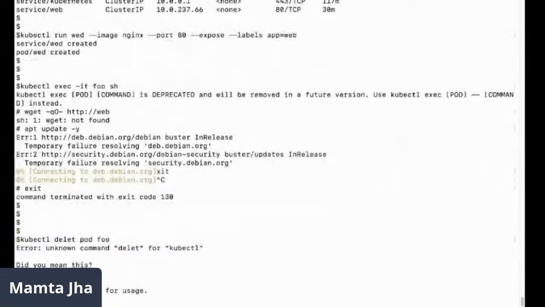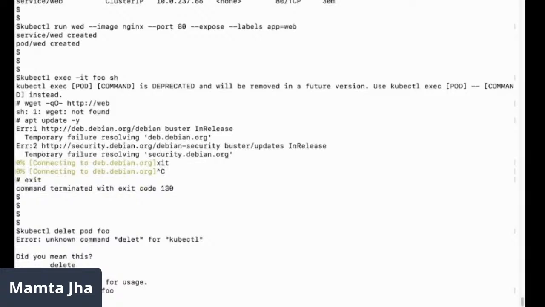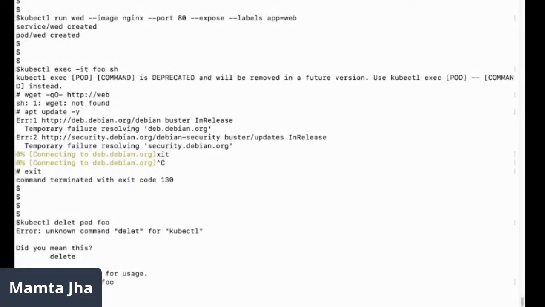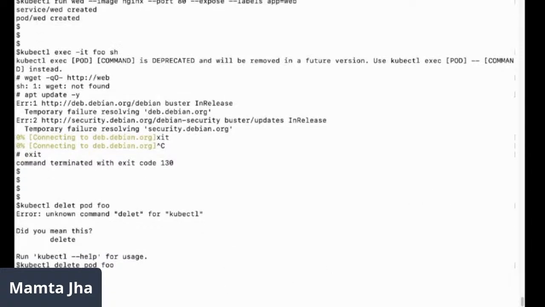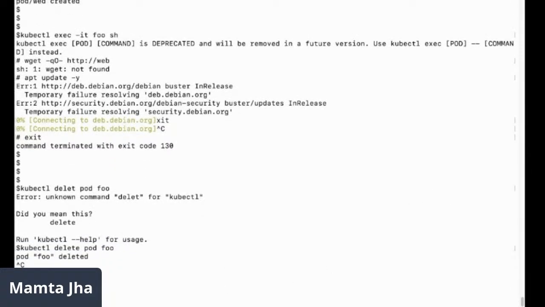kubectl delete pod foo. kubectl run foo -it.